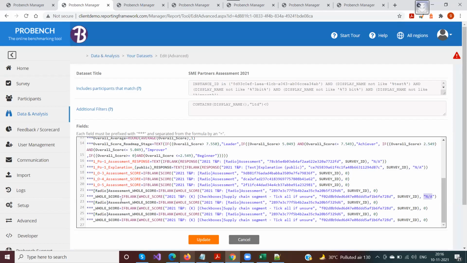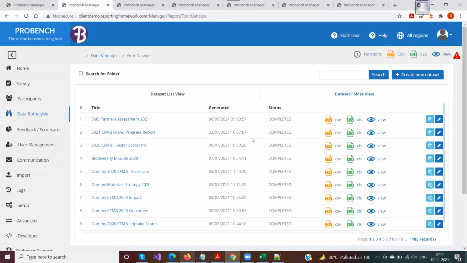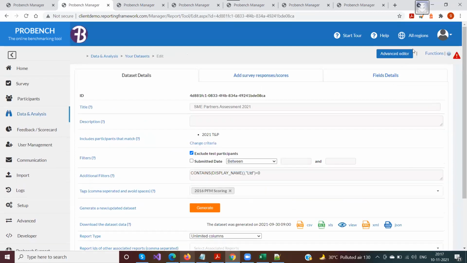So this way you can use the power of the editors to do some bulk operations, and again put it here and click on update, and it would rebuild all the formulas based on your changes. So all those things would be taken care of. So this is the advanced editor. As the name suggests, if you are comfortable with formulas and writing formulas yourself, you can feel free to use the advanced editor, which is on the top right here, to make any modifications.